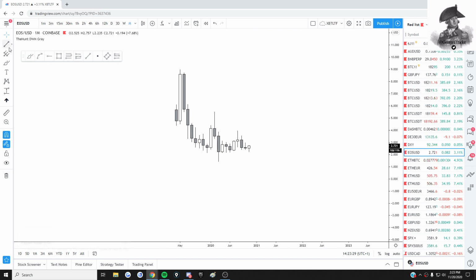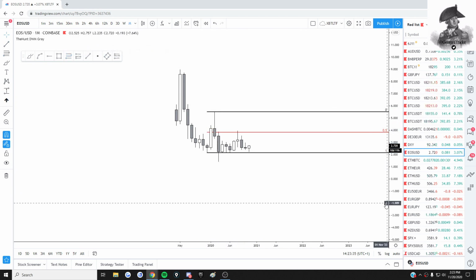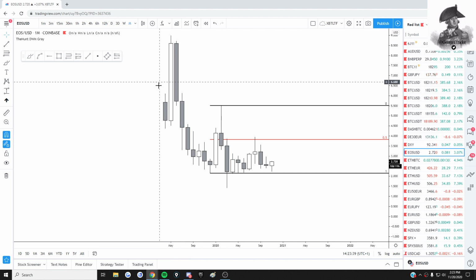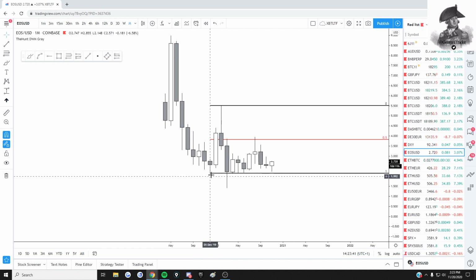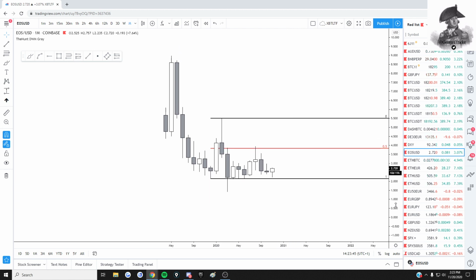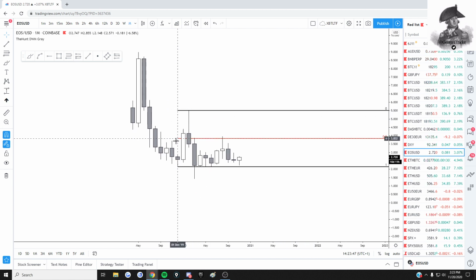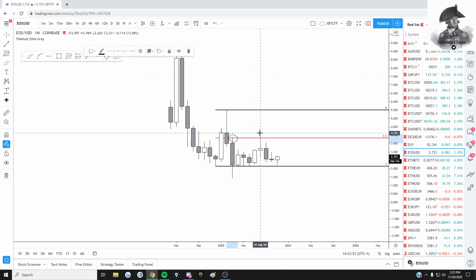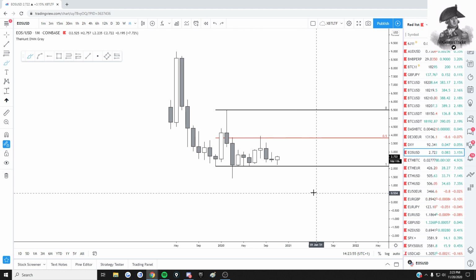So on the monthly, what levels am I watching? The main monthly range that we're trading in is this one. As you can see, this pump, then we dumped all the way down. This was the first low where we saw a pretty good bounce, okay, and then the high of the bounce as a range high. As you can see, mid-range has been acting as a pivot right here and right here. All right,